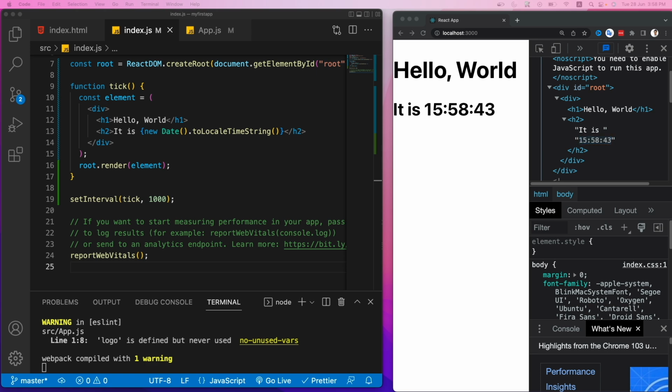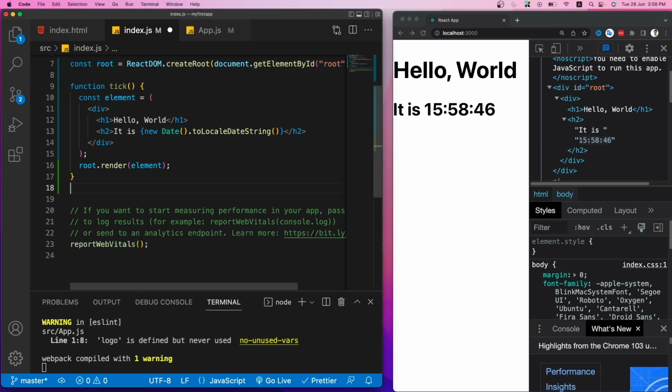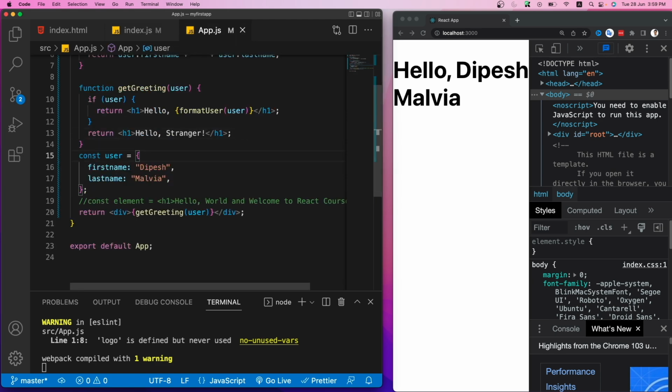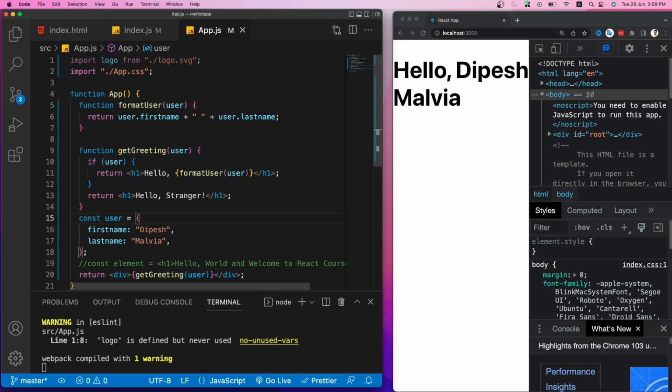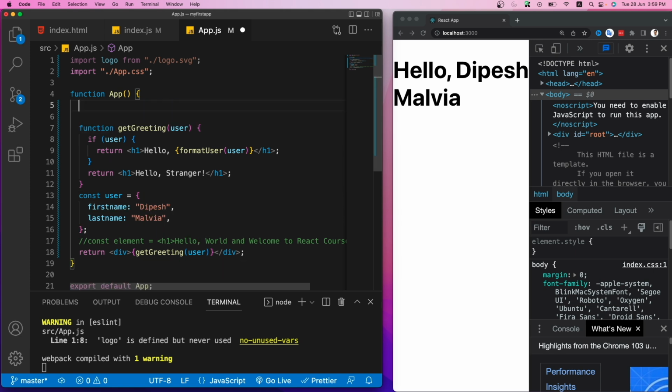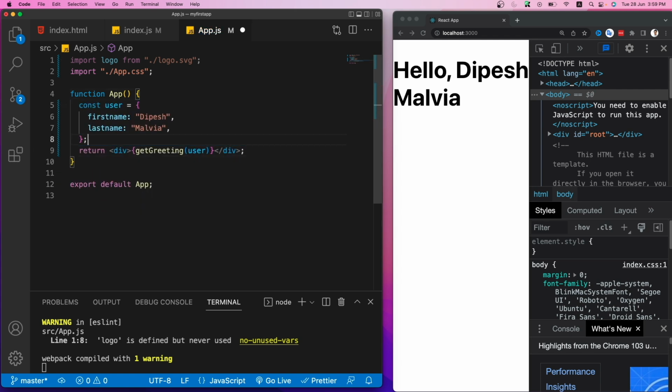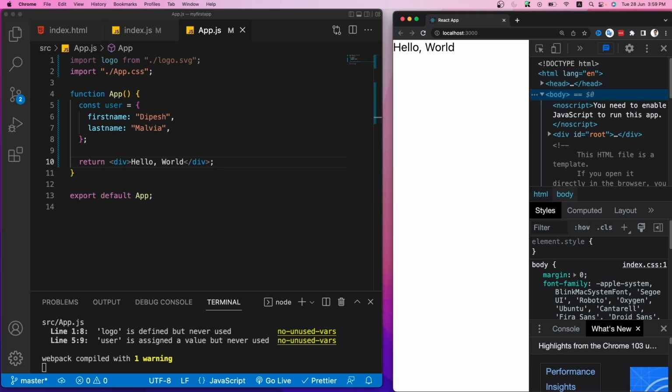What I'm going to do here is simply roll back everything. We don't want all this. All right, so we have rolled back, and now if we go to this app.js, this app.js is a simple function. I will also remove all this information. We don't want it, so let's remove this as well. I will only keep this user, and I'm going to have a hello world. So we have a simple hello world, and we have this app as a simple JavaScript function, which is actually returning a JSX,